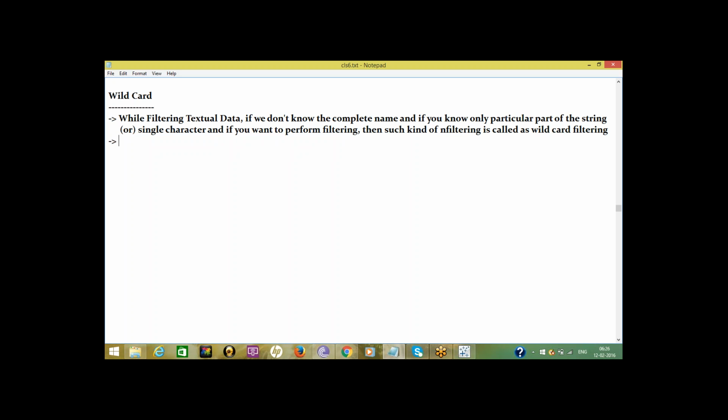Here we are filtering data based on a single character.